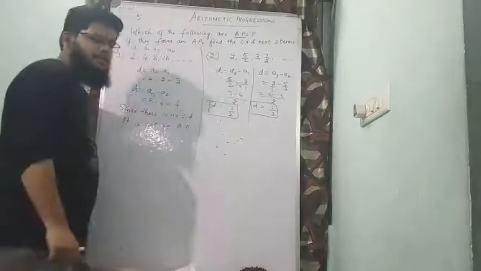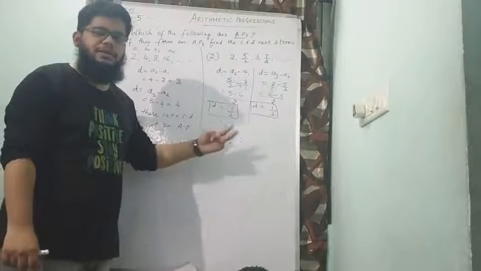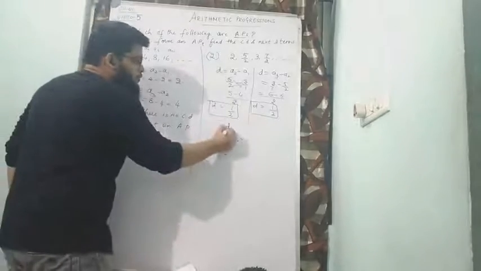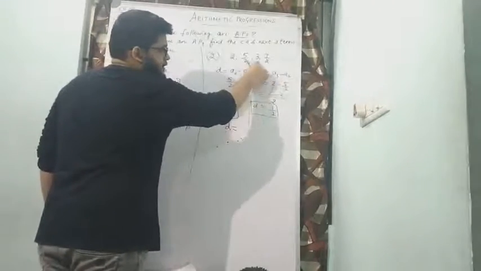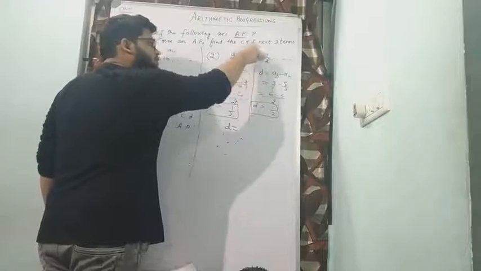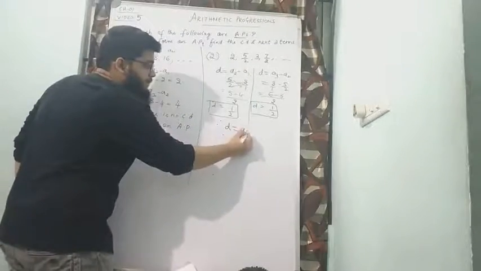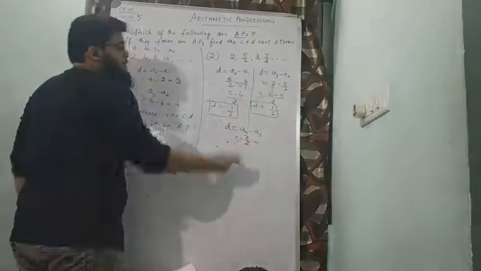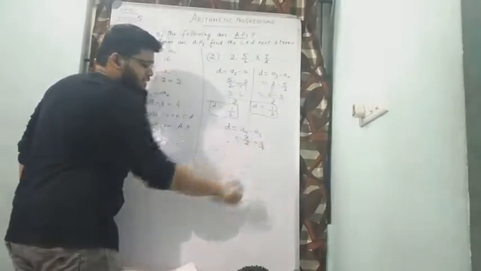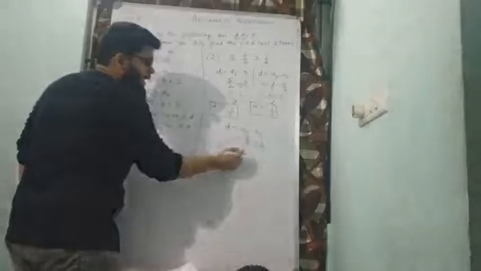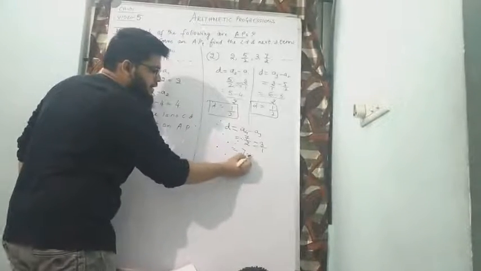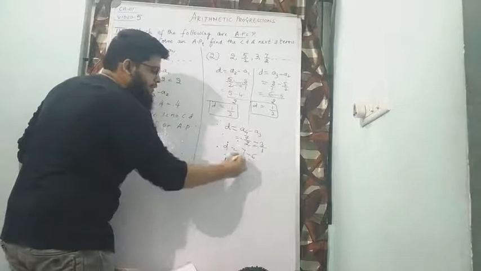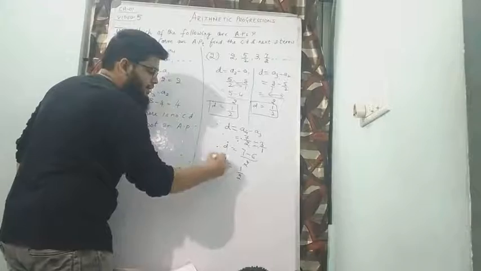It's same. But let us not take a risk just by finding two values. For our satisfaction, we may go with one more. Let me find out one more value of D. Instead of taking third term minus second term, I can now take fourth term minus third term, which is A4 minus A3. A4 is 7 by 2 minus A3 is 3. You can take this as divided by 1 and cross multiply. 7 ones are 7 minus 2 3s are 6 divided by 2 ones are 2. D is equal to 7 minus 6 is 1 divided by 2.